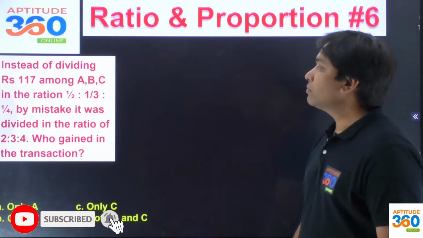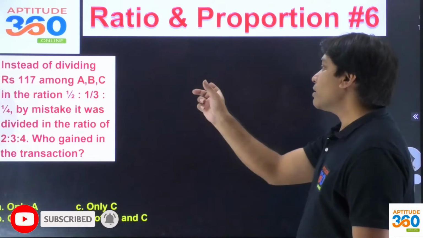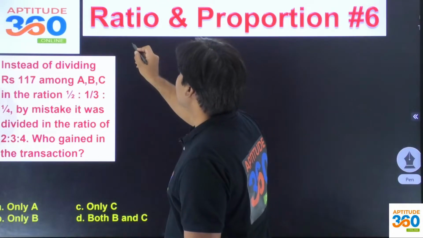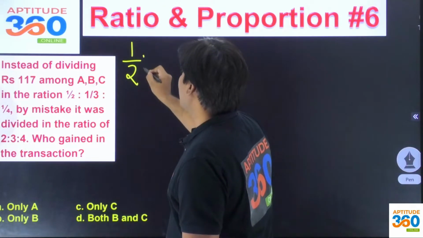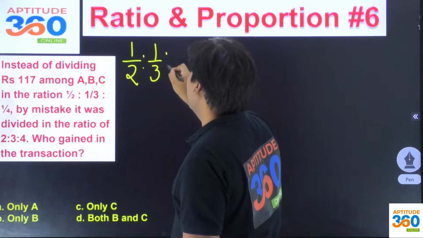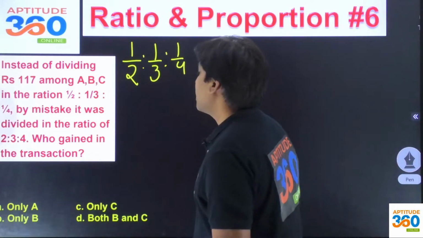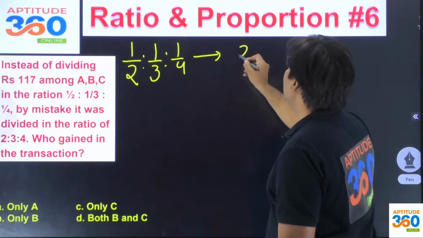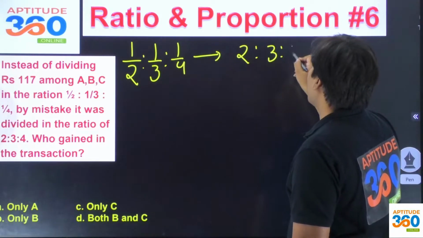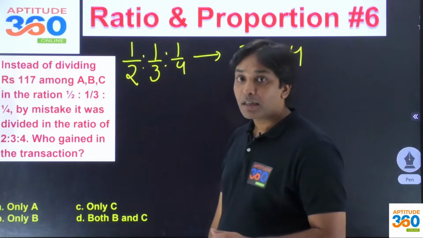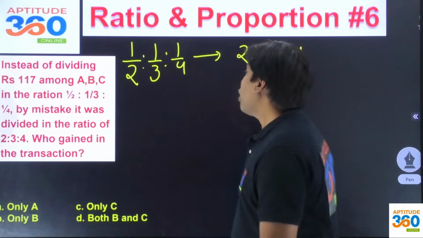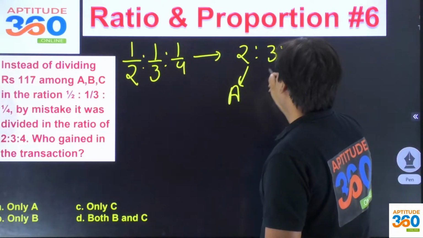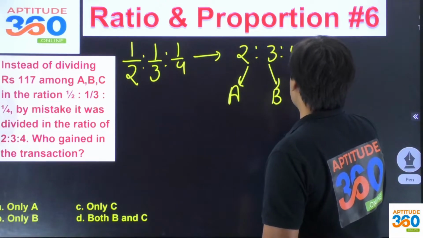ऑन योर ओन। इंस्टेड ऑफ डिवाइडिंग 117 अमंग ABC इन द रेशियो ऑफ, किसी को डिवाइड करना था 1/2, 1/3 एंड 1/4 में, है ना। प्रॉब्लम ने कहा कि भाई उसने तो गड़बड़ कर दिया और उसने डिवाइड कर दिया 2:3:4 में। अब 2:3:4 में तो कर नहीं सकता क्योंकि वहाँ पे प्रॉब्लम गड़बड़ हो जाएगा, और अगर 2:3:4 में कर दिया तो हाउ मच A विल गेट एंड हाउ मच B विल गेट एंड हाउ मच C विल गेट।